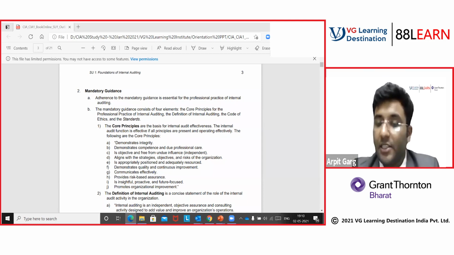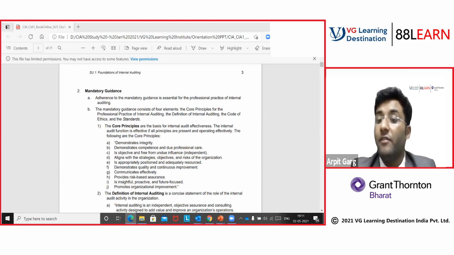Overall, we give reasonable assurance to the management on what our observations are. Appropriate positioning is when we understand the internal audit charter part. We will know how the internal audit charter helps us to be appropriately positioned. When we talk to internal auditors about our roles and responsibilities, we have to have appropriate positioning in the company so that we can ask for the requisite documents. We should have the authority to ask for the requisite documents, and then we can perform the internal audit activity. And that's the whole purpose of being appropriately positioned.